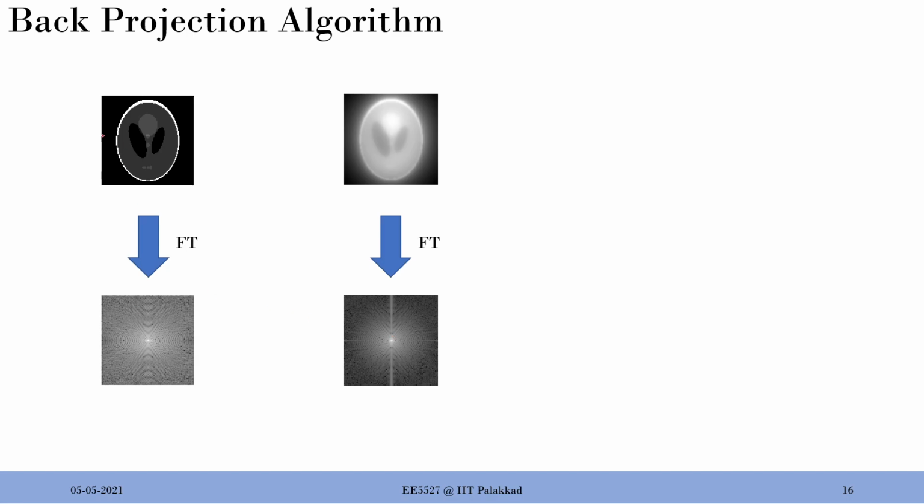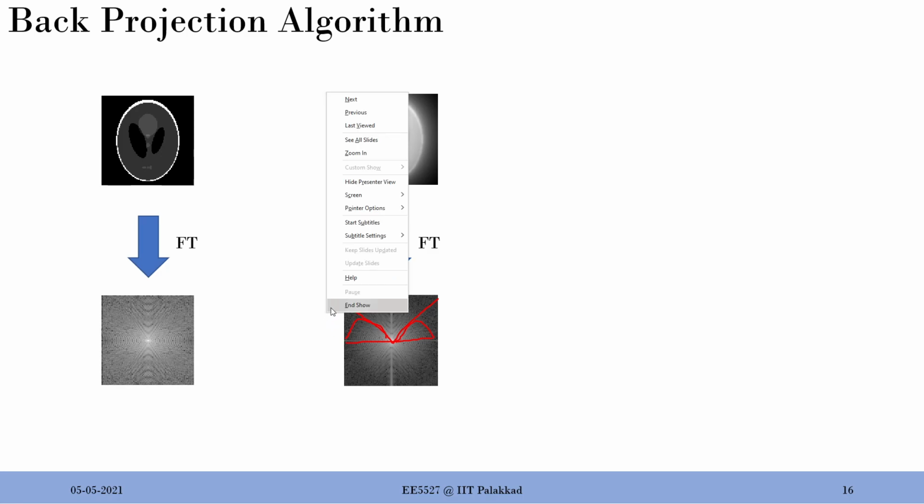So each projection, or each vertical line in the sinogram, is a slice in the Fourier transform. Now each of those slices, if I put a filter, something like a high pass filter, a very ideal filter is something like this. For this particular slice, if I have something like this, that means high frequencies are kept and low frequencies are suppressed. You can have another shape something like this. This is more practical, because if we enhance the high frequency, the noise will also increase, right? So you can have a shape like this also.